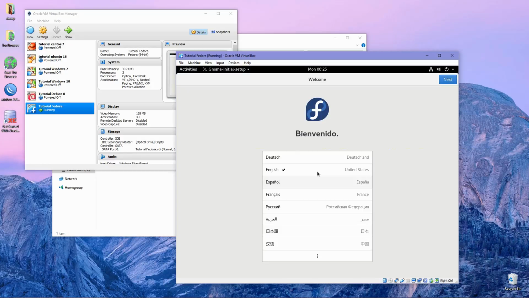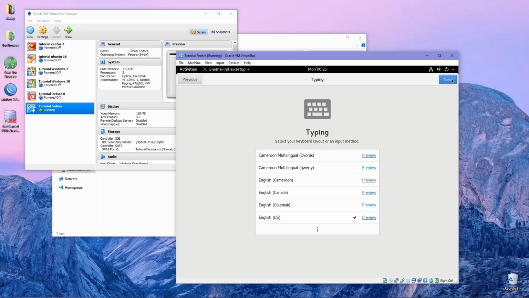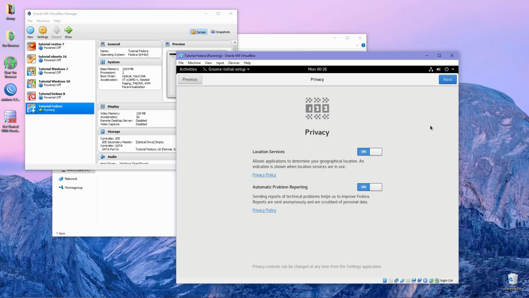Okay, now the GNOME initial setup window appears and you select your language. Here I just set United States. Click next. And for your keyboard layout, because I'm using English US, I choose English US.